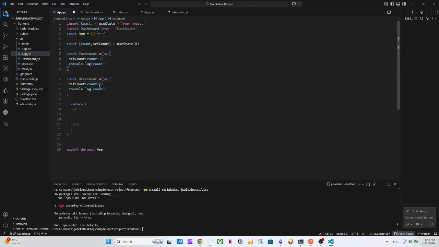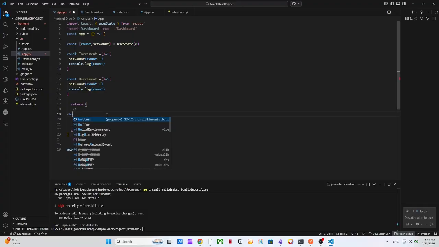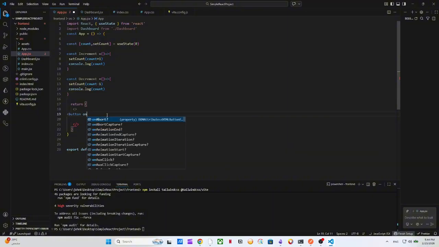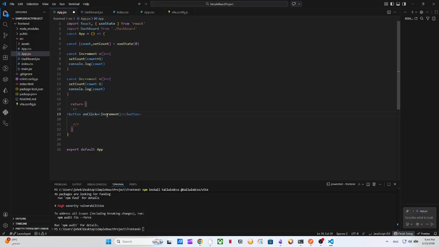And I'm just going to put this one minus. And I'm going to add a button here. Button, and on click, I'm going to add here increment, and I'm going to say here add,